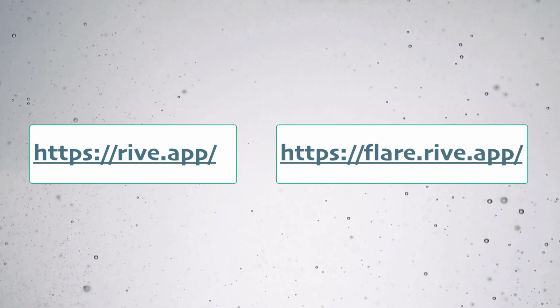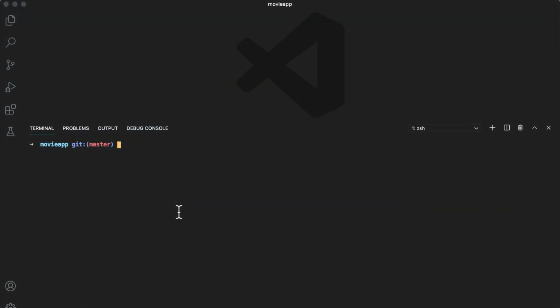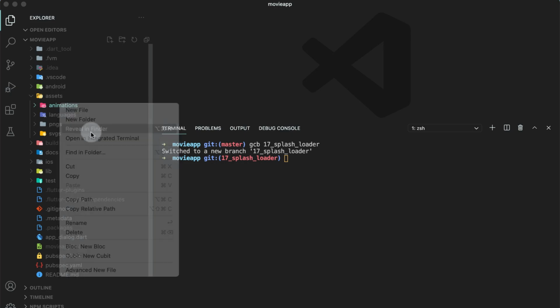If you are not a designer but need a complex and nice animation, you can fork any of the existing Flare animations. I have used Flare Rive, the older version, to fork one existing animation and changed it as per the app theme. After editing the animation, you can save the file in your account and download the Flare file. You will download this Flare file in your assets folder.